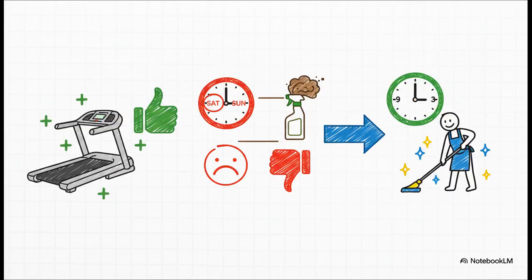And here's the kicker, the part that really matters. The analysis quickly showed a ton of positive feelings about their new, modern equipment. Great, but it also flagged some really strong negative feelings about their weekend hours and a few concerns about hygiene. This wasn't just interesting data, it was a roadmap. The gym took that feedback and took direct action. They extended their hours and put stricter cleaning rules in place. They turned complaints directly into improvements.